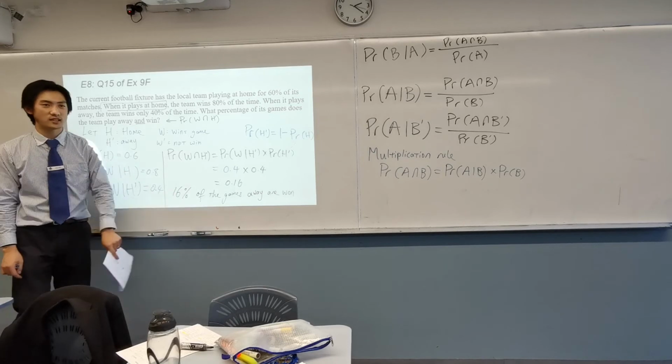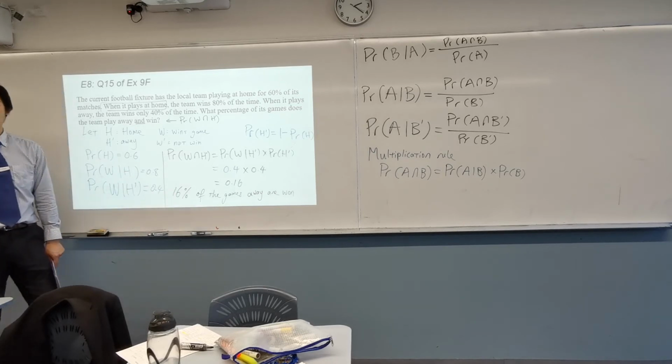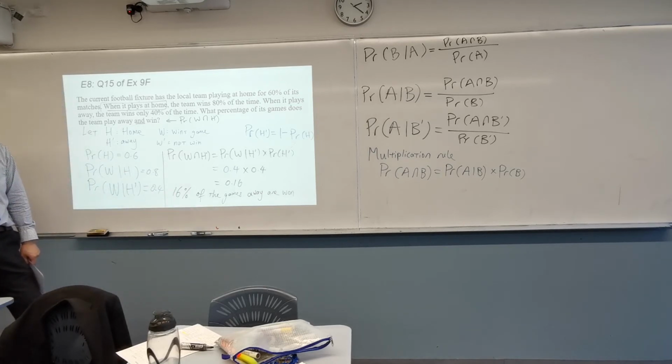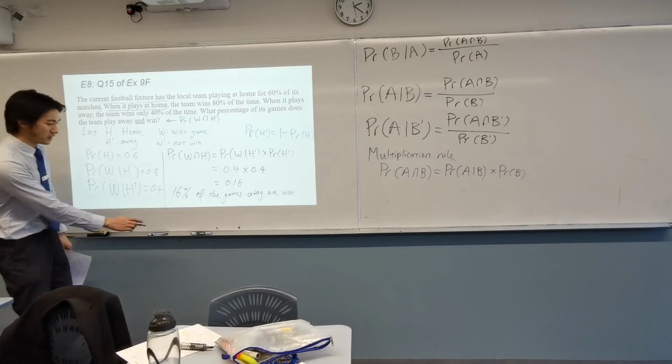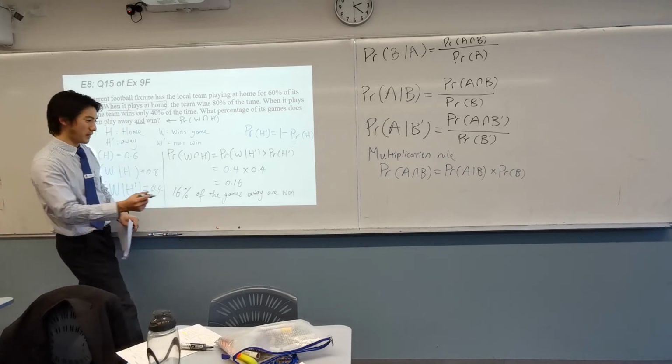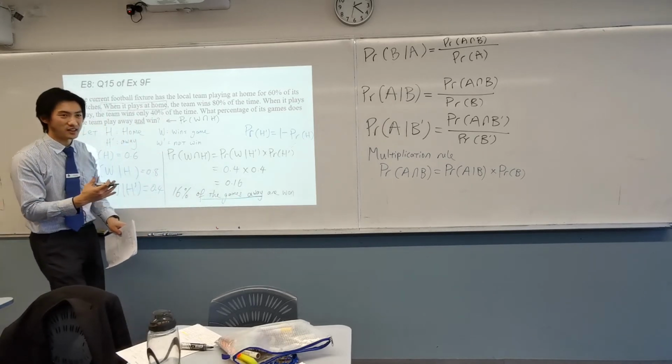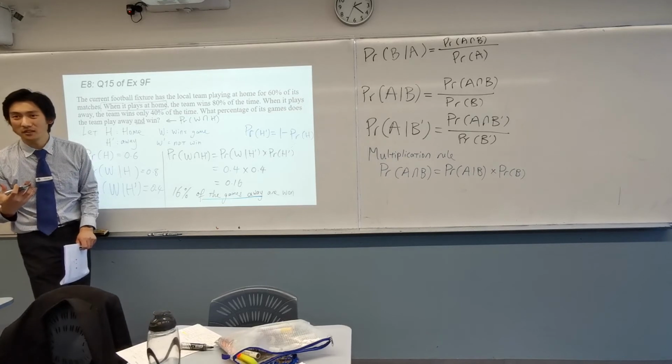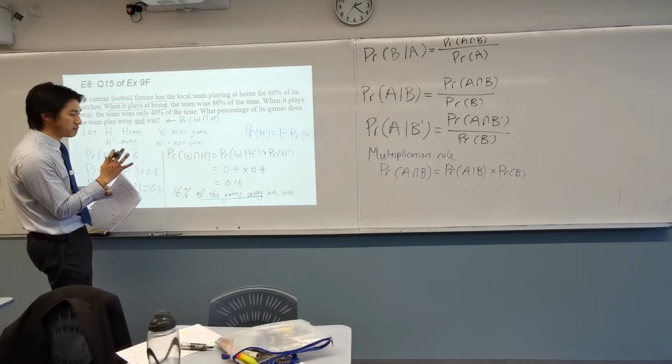It's the way I've worded the answer. Nikki, do you know? 16% of the games are won and away. Because here, I've accidentally stated it as another conditional probability, where I really should get rid of